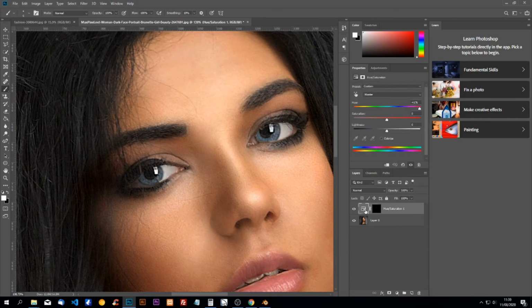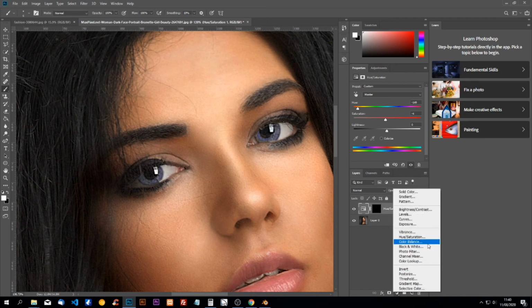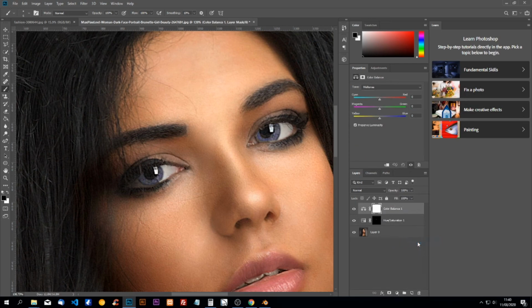Now we can play with colors. We can change it to light blue, purple. We can increase or decrease saturation. And we can also add yet another adjustment layer, color balance. And here we can